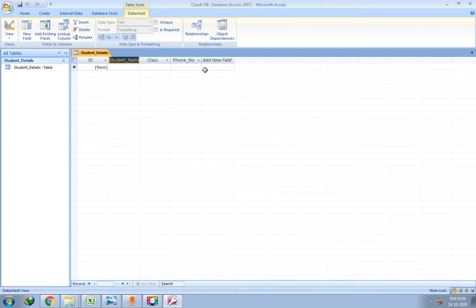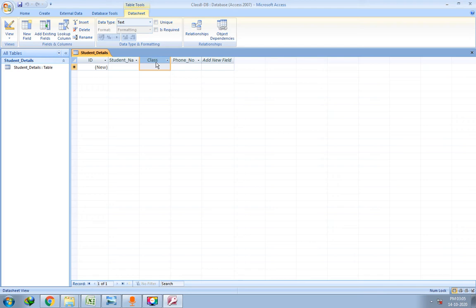This student name, how many letters are there? Just count the letters: 1 2 3 4 5 6 7 8 9 10 11 12. So 12 letters are there. You can give the field name up to 64 characters. But if the letters are more than 64, then it will not accept. So the field name should not be more than 64 characters.